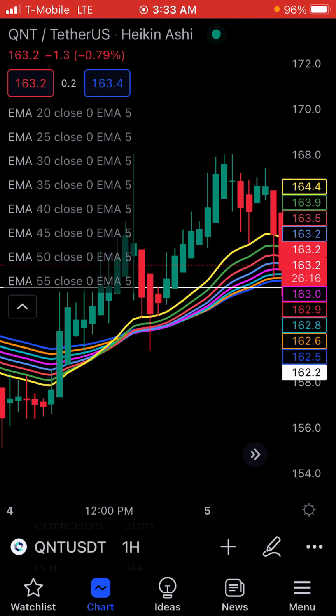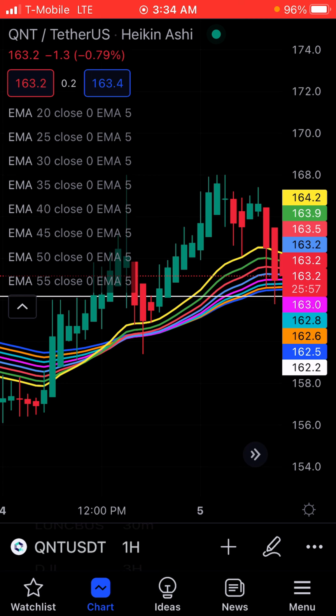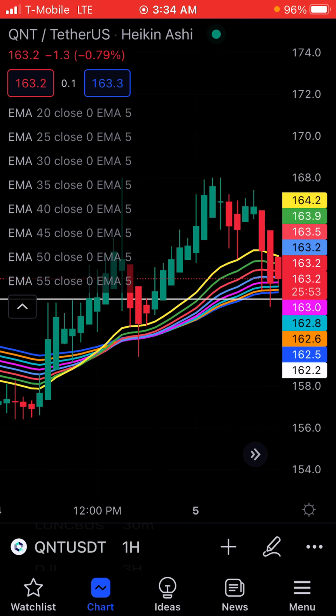So you guys get the general idea. You use the 20 EMA and you watch it, and whenever it goes up and passes through and has a collision, that's the moment to get in for a little day trade. So all you have to do is watch the 20 EMA and you'll see where to get in and get out. But you have to have the pro membership with TradingView because you have to load up